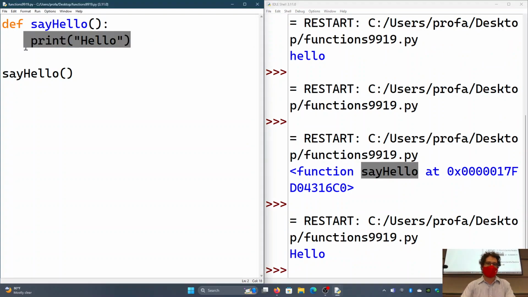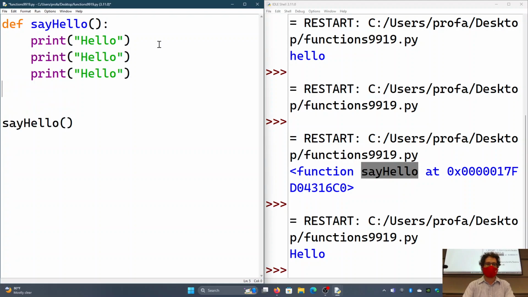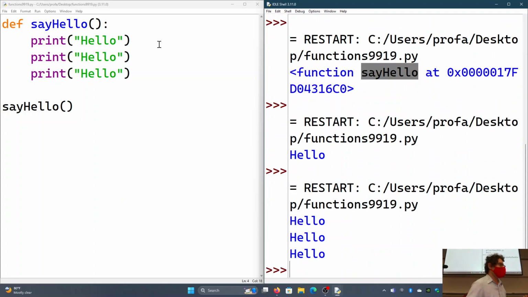And if I copy this a few times, and now I make it say 3 hellos like that, one line does that invocation. Now, you'll find it's easy to break a program into multiple parts, and sometimes those parts are really unchanging, like say hello.